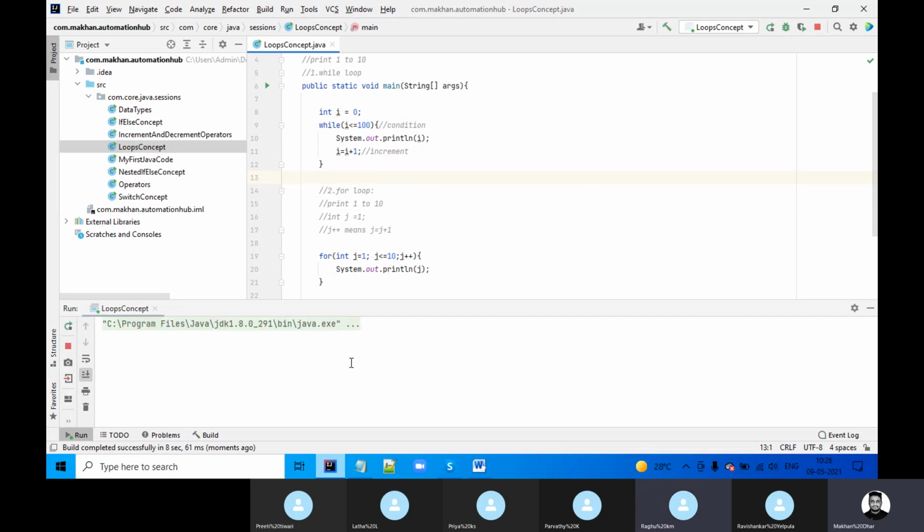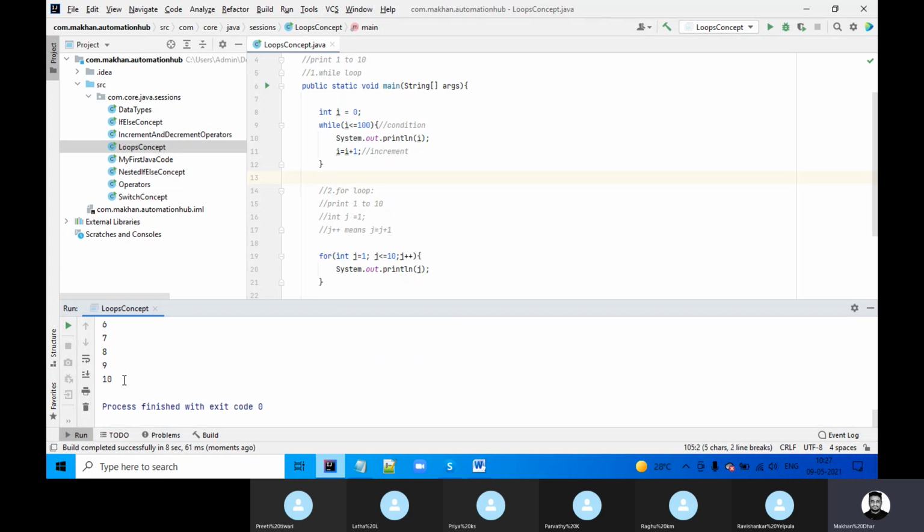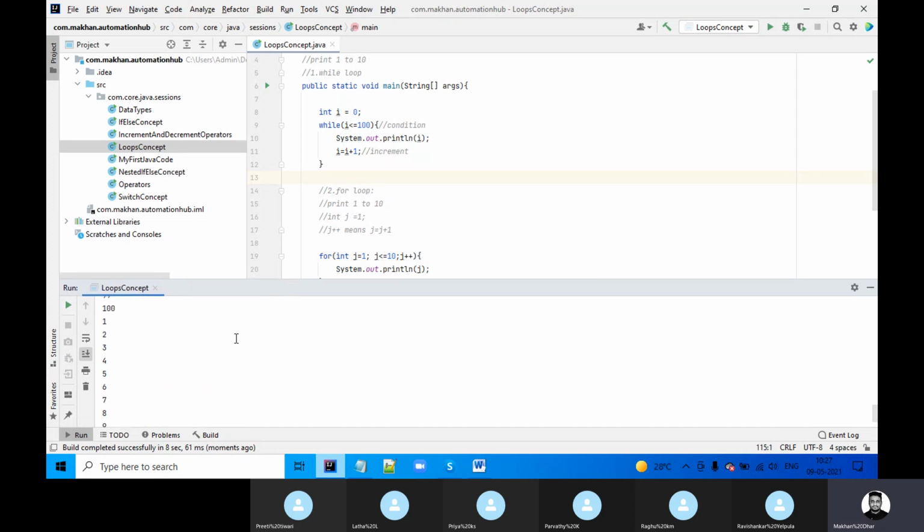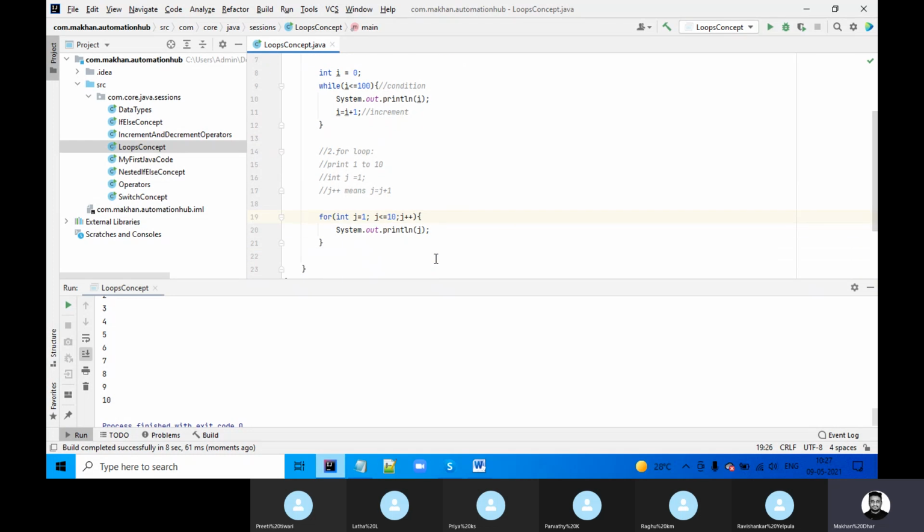You need to stop that first one from printing because there's no increment. So see, this is for the first one, 0 to 100. Now see, the same, I'm getting 1 to 10 from the second one.